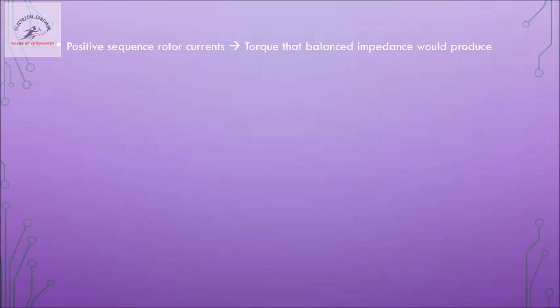Negative sequence rotor currents: I will not say directly that these negative sequence rotor currents produce a negative sequence torque. We are not worried about positive sequence because it will produce a field in the same direction. What we are worried about is the negative sequence rotor currents. How are these negative sequence rotor currents created? Because of rotor imbalance. Rotor impedance imbalance will create imbalance in rotor currents,